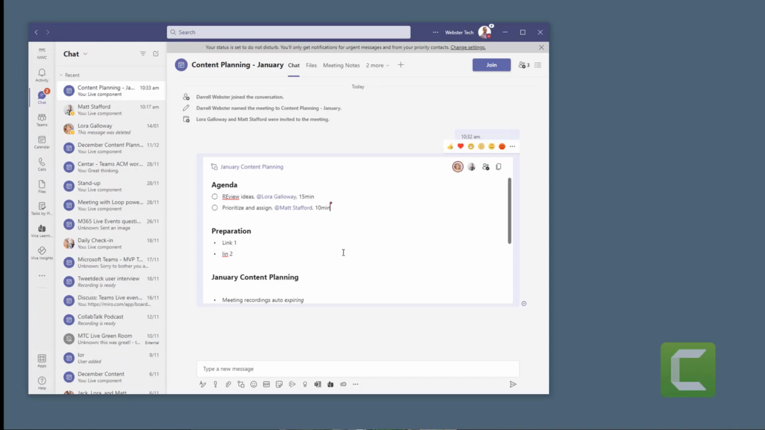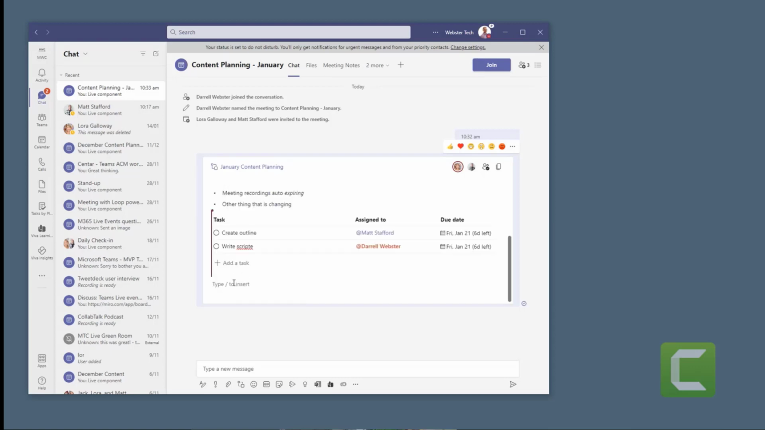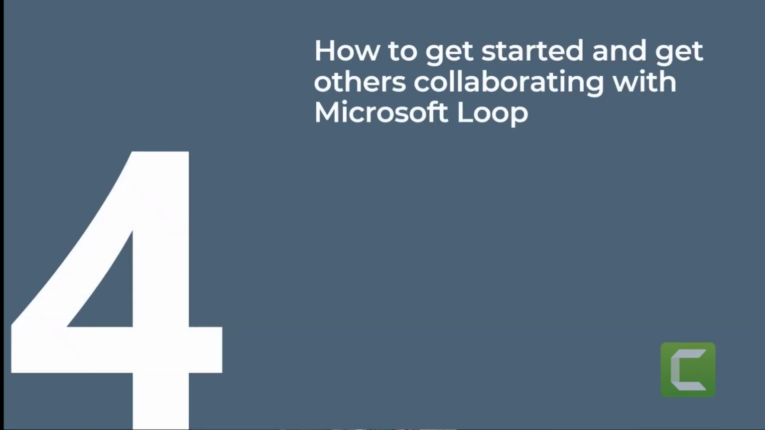Okay, so we've taken that same loop and we've used it in a meeting invite, and now we might even have a section on notes. And of course, as you can see, everyone can take collaborative notes together. So that's really cool. Let's finish off with a couple of other concepts around how to get people started,